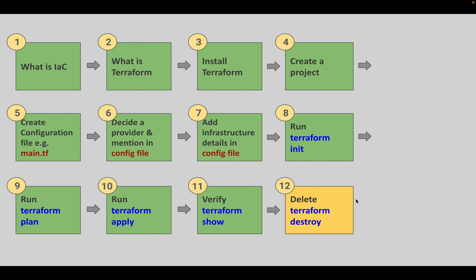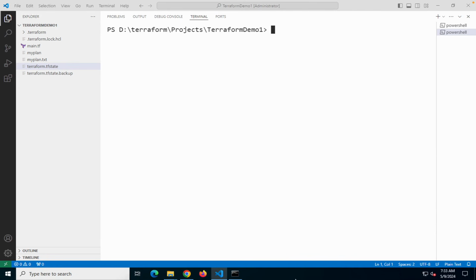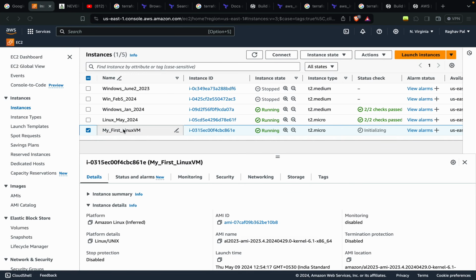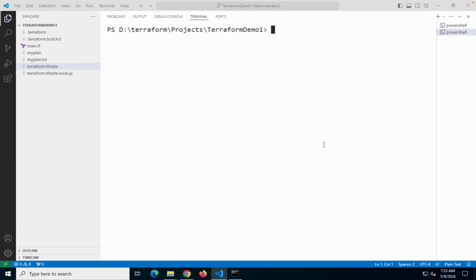Now if we have to remove the resources which are created using Terraform, we can directly just say terraform destroy. It will remove the infrastructure which is managed by Terraform. It will not touch anything else on your provider or on your infrastructure platform. So let us try this. As of now we have our infrastructure up and running. So this is what is created by Terraform. I will say terraform destroy